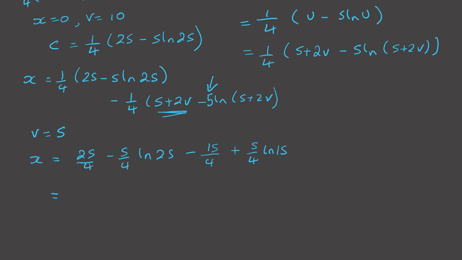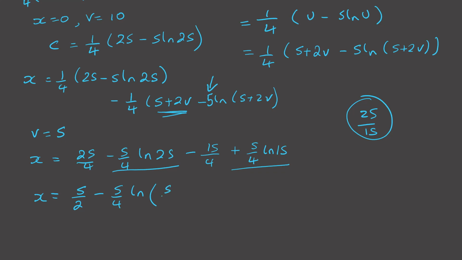And so what we get, 25 over 4 take away 15 over 4 is 10 over 4, which is 5 over 2. And then using a log law, we have 5 over 4 ln 25 over 15, going from those two terms there. And that simplifies to 5 on 3